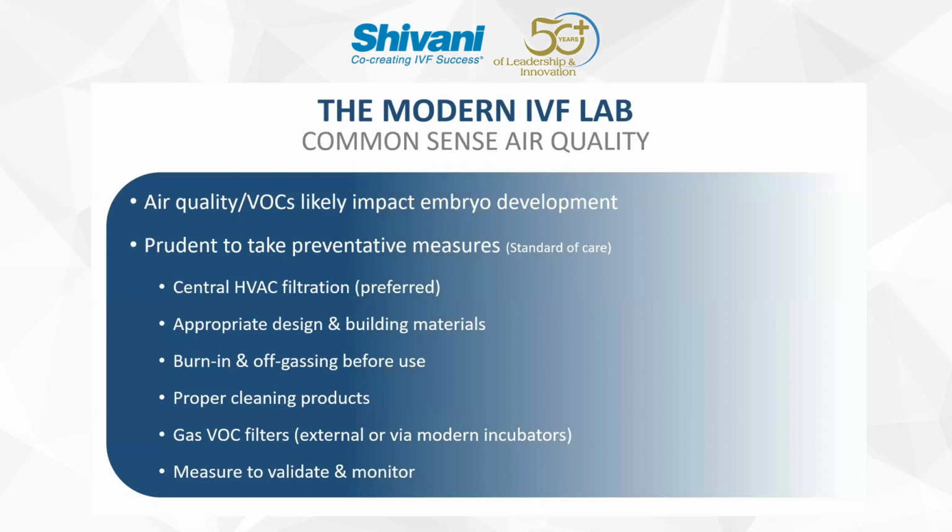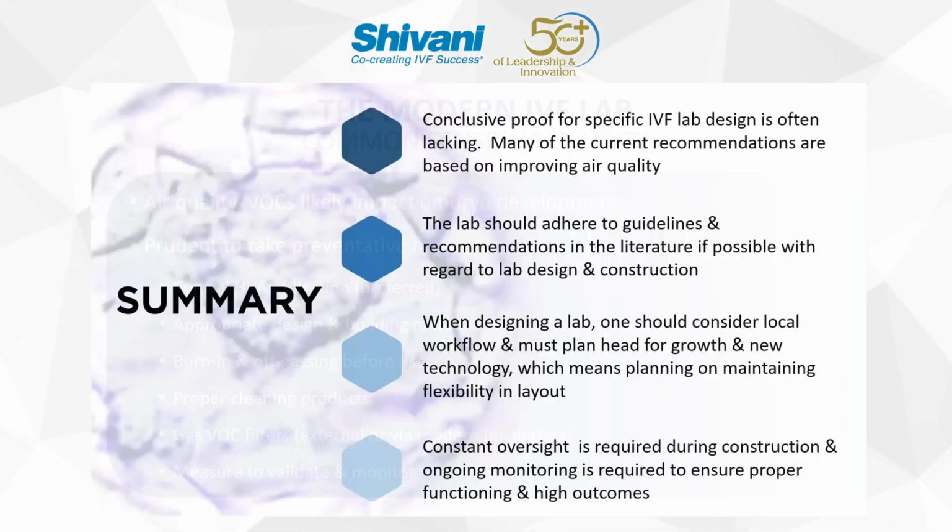So I think we can agree that air quality is important and likely impacts embryo development. Taking prudent preventative measures when you're building a new IVF lab is really the standard of care. Centralized or modular HVAC systems, appropriate building materials, off-gassing and burn-in prior to use, using a proper bioassay, proper cleaning products, and gas filtration on med gases or incubators are the standard of care at this point. And so I think that summarizes air quality and why we pay particular attention during design of the lab to make sure we start off on the right foot. And then, as we heard previously, constant monitoring and oversight to make sure that you maintain that good air quality after you've completed your initial